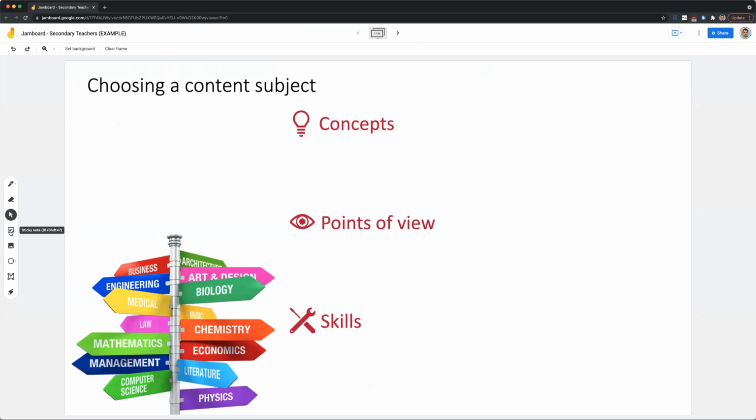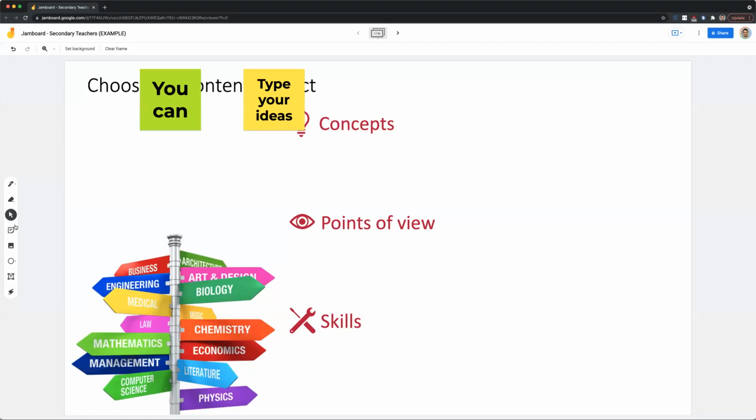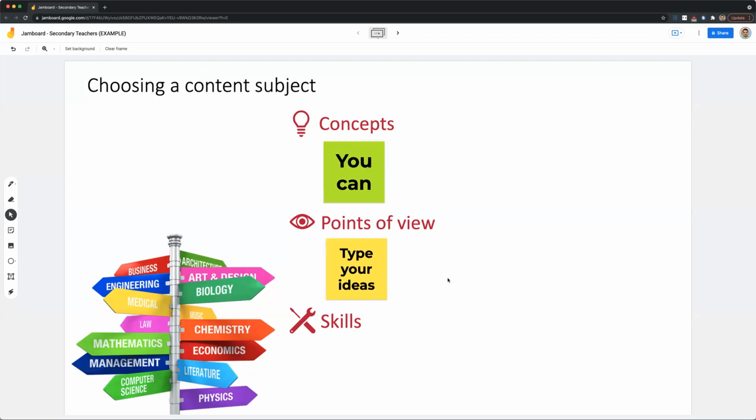I recommend using the sticky notes feature, this one, and you can type your ideas like this, using, again, the sticky note feature here, and go ahead and paste them to get some ideas up on the board. So again, talk about the concepts, points of view, and skills.